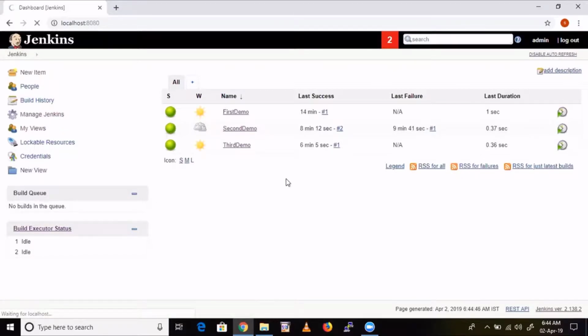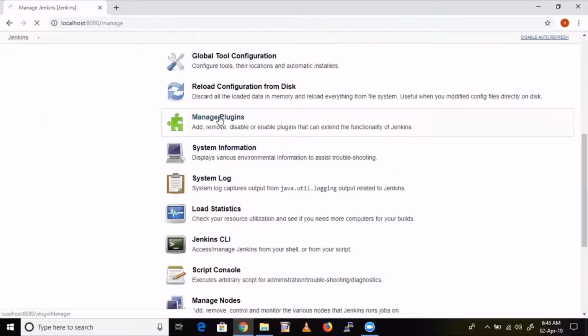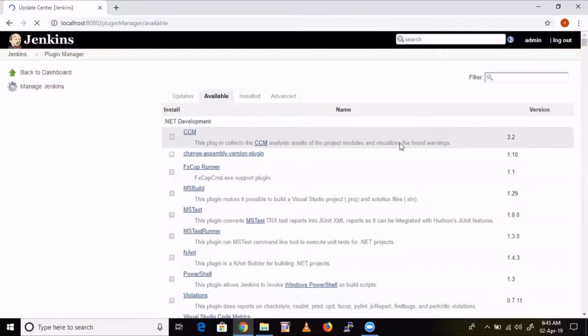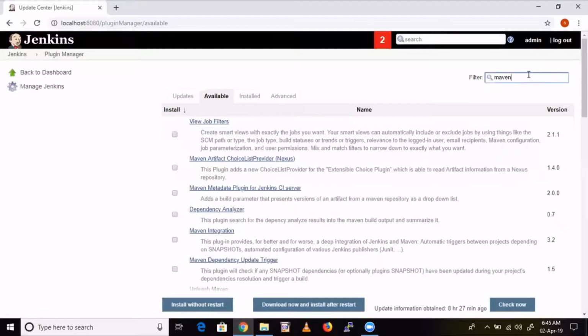Go to Manage Jenkins, then Manage Plugins, and go to Available. Now I would like to install the Maven plugin so that I can integrate Maven with this Jenkins.